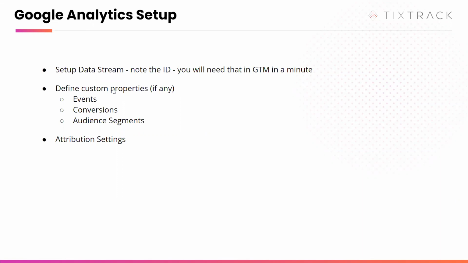And then there are custom things you may want to look at. If you want to define a custom conversion, audience segments, any type of custom events you may want to see, all that can be done. I highly recommend just hooking it up first and then coming back the next day, and all of this stuff is typically populated. So you don't have to define a custom event. It'll be an event in your system because your system raised it. And then you can say, okay, I want that to be a conversion, et cetera. So it doesn't have to be done at the start.